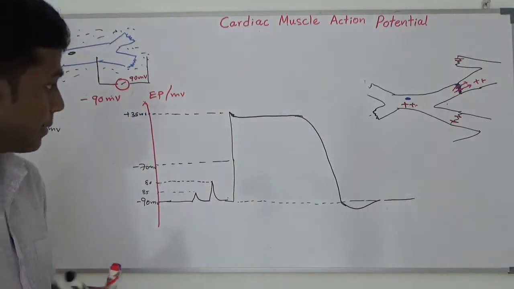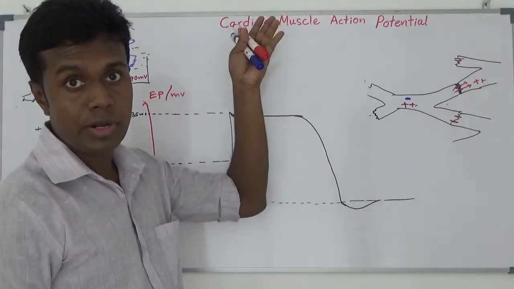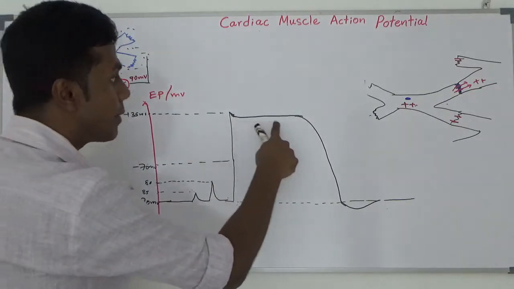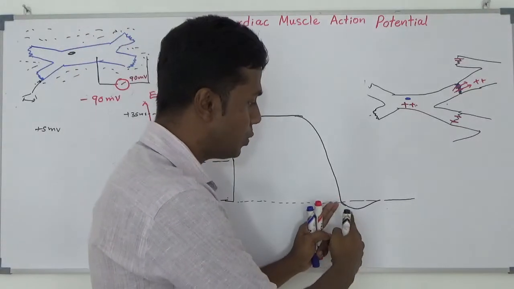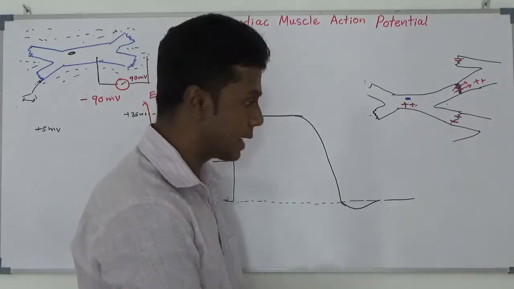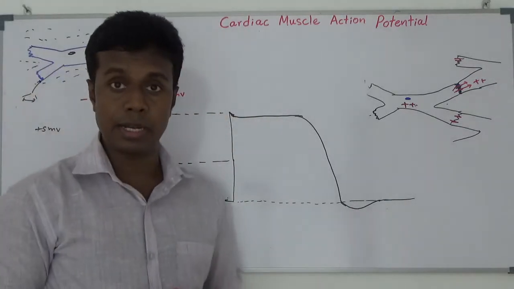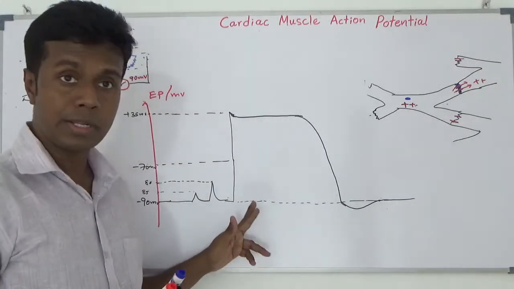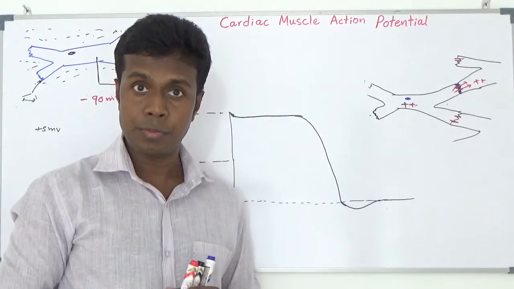normal. What I noted is, I give 5 millivolt, I give 10 millivolt, I give 20 millivolt. With that, suddenly it went up to 35 millivolt. That 35 millivolt suddenly stopped there. Then after that, it was maintained there for a few hundred milliseconds. Then it came back to even lesser than the minus 90 millivolt. Then with time, it settled at minus 90 millivolt. Then I wondered what happened to my cell. The previous 2 impulses did nothing to the cell. But with the third impulse, it rapidly went up to plus 35 millivolt.